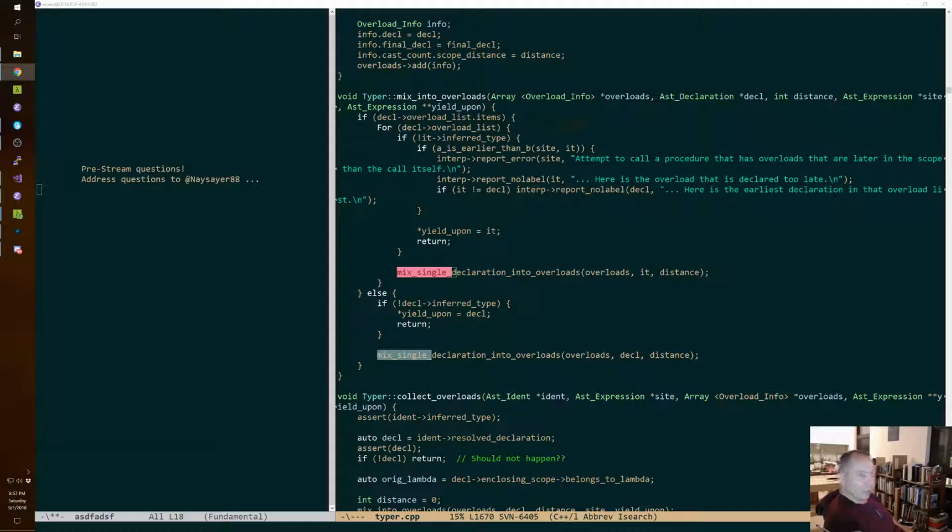The way we do it is every scope in the language has a list of names, and each of those names has a list of overloads. Those overloads are things that don't have entries in the scope. They're just tucked away. So any given name will only have one entry in the scope. But if you look up that name, it might say, well, that's declared as this thing, but it also has these other overloads, and you can follow this linked list of other overloads.